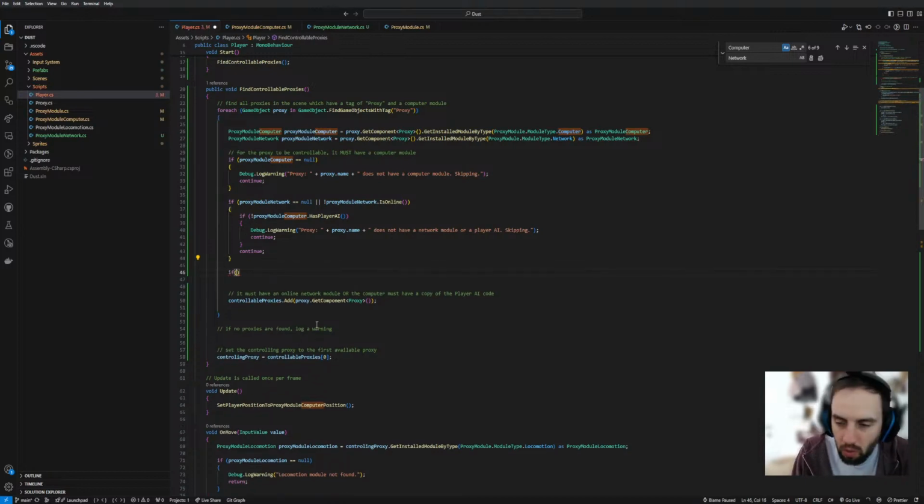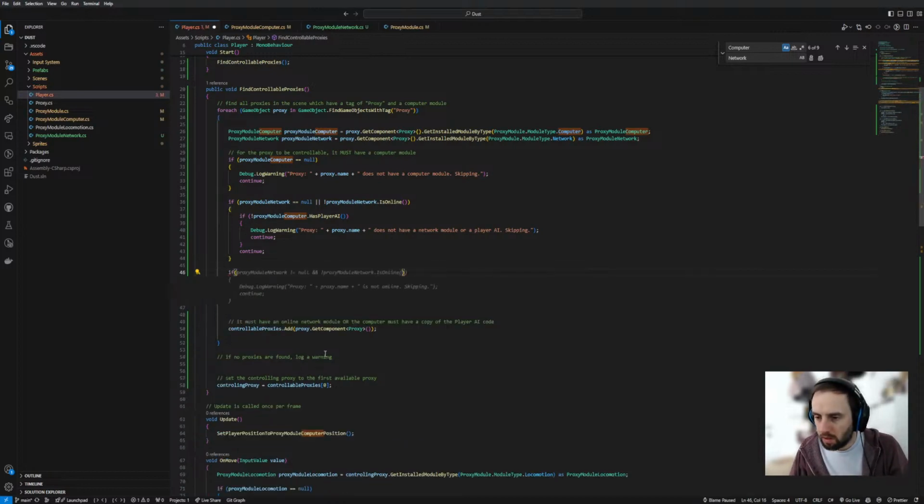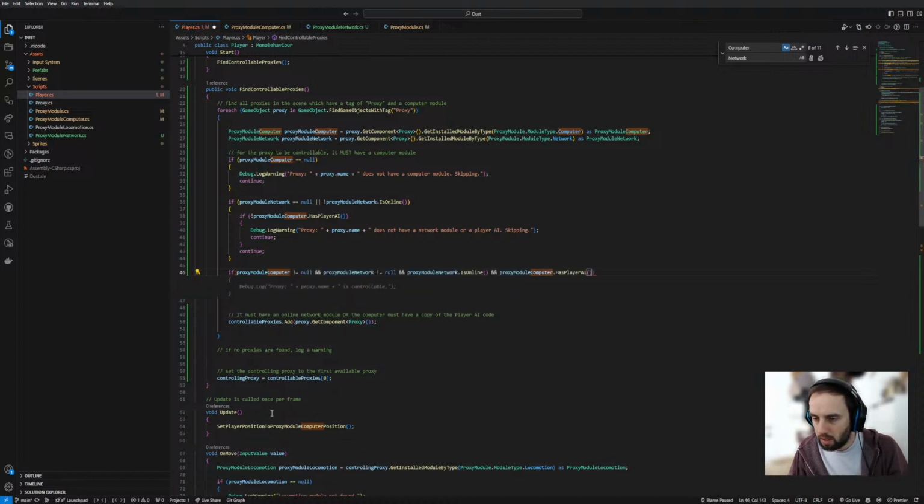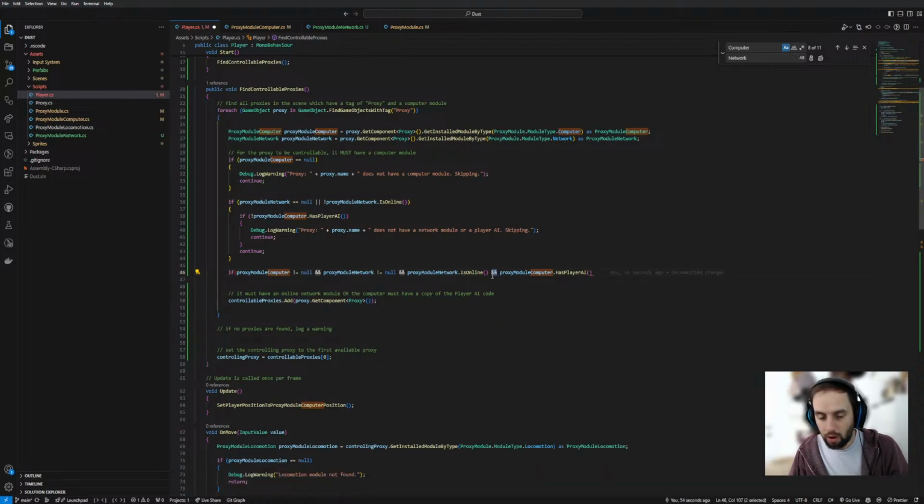I'll just provide it because that I'll get. Proxy module computer does not equal null, and proxy module network does not equal null, and proxy module network is online, or